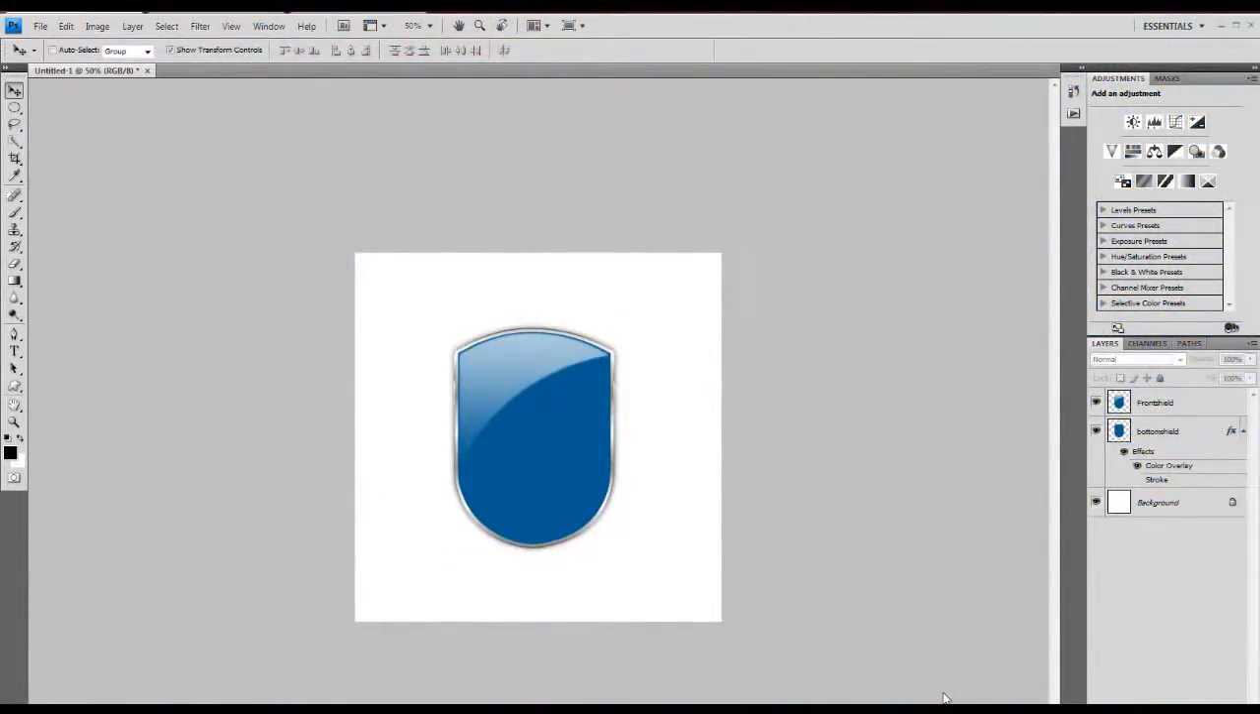Hi there, this is a tutorial about how to make a reflection effect, or a mirror effect if you want. I have this pre-made logo with a front shield and a bottom shield, and the bottom shield is a shadow kind of effect